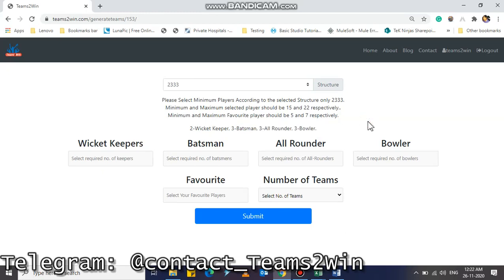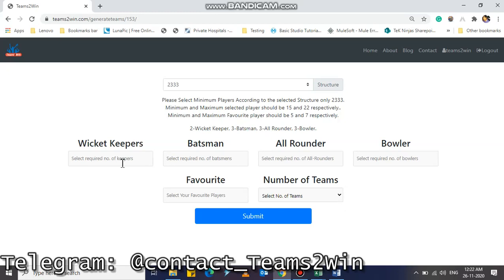In these four sections, wicket keeper, batsman, all-rounder, and bowler, you need to select minimum 15, maximum 22. Out of the probable 11 from both sides, that is 22 members, right? Probable 11 from team A and probable 11 from team B. It will be 22, right? From that 22, you select minimum 15 and maximum 22.